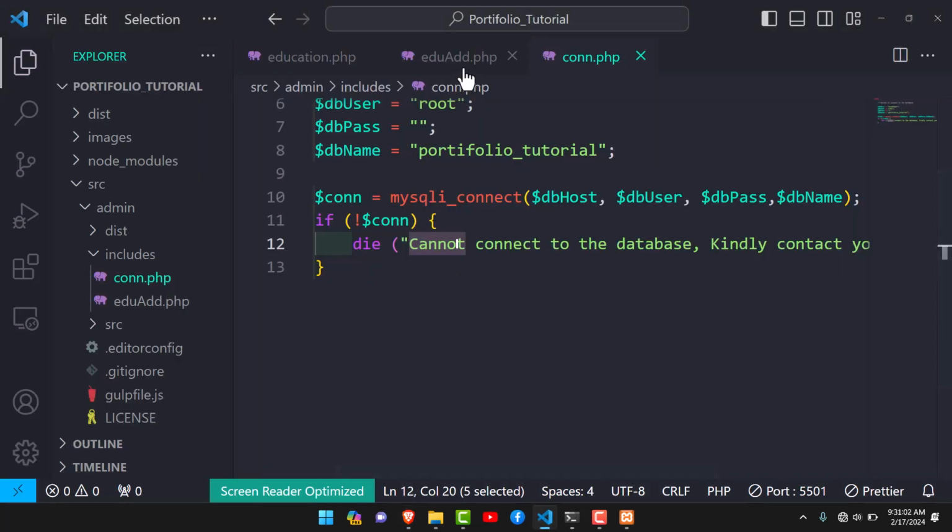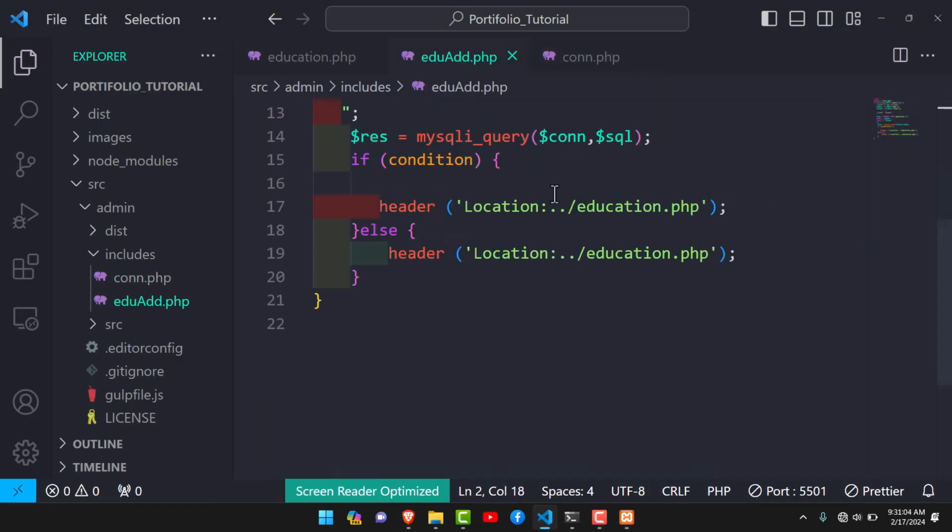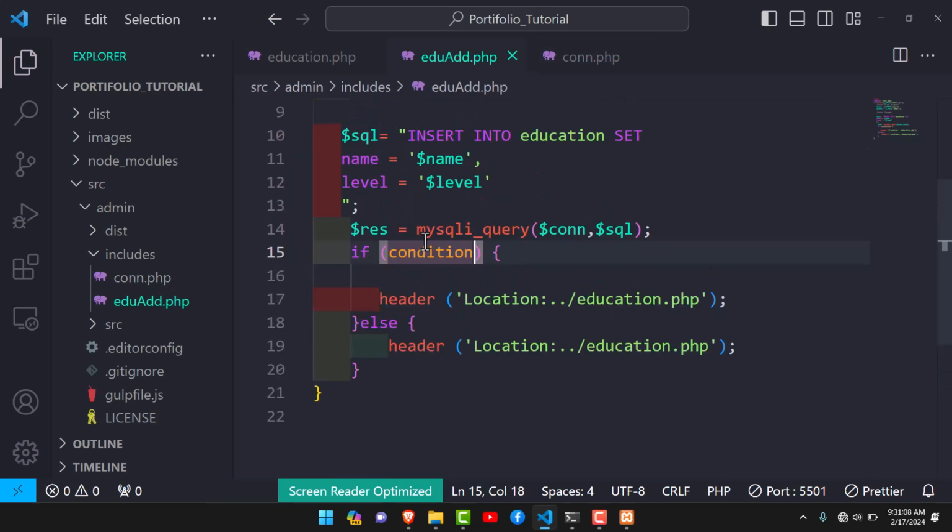So get to the edu app. Here, yeah, we did not add the condition, which should be tested for us to be able to redirect the user